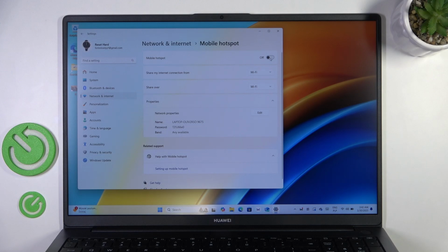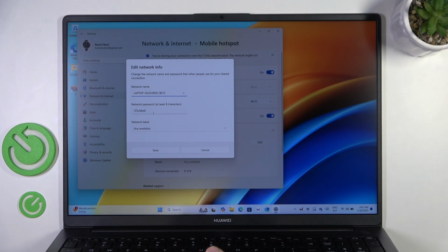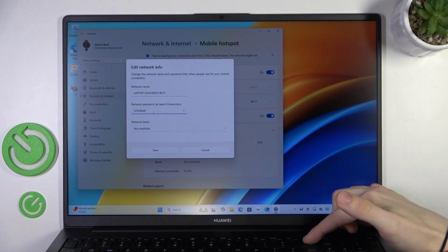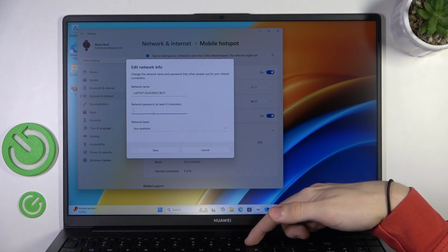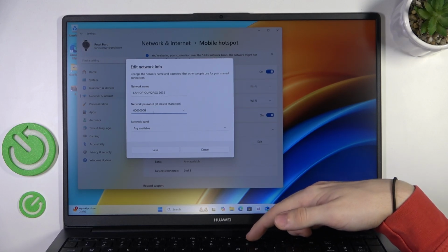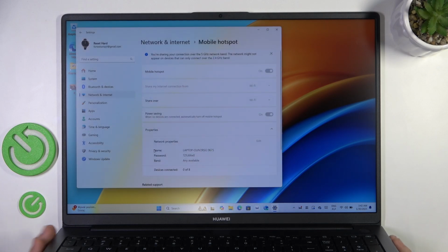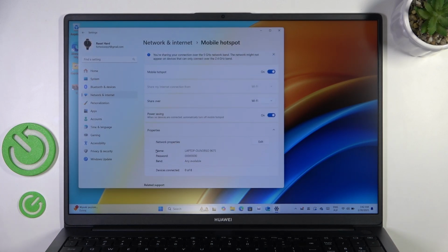So now I'm gonna enable the mobile hotspot. Also, before enabling it, you can edit the properties like the name or the password, but I think I can also do that while it's enabled. Yes, so I'm just gonna change the password to something simple. It has to have at least 8 characters. I think it is 8 characters now. So I'm gonna click on save,